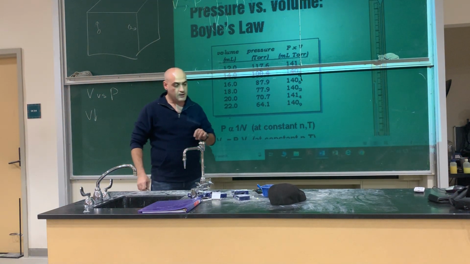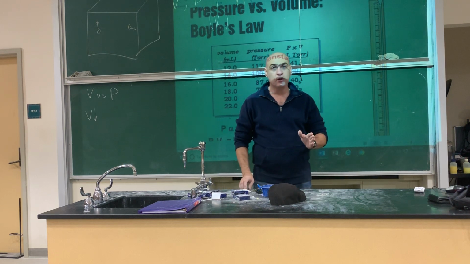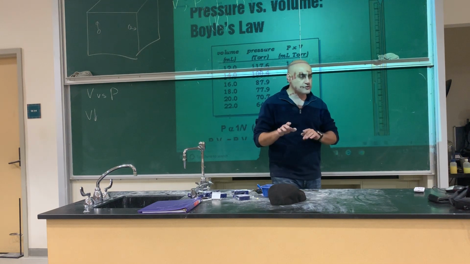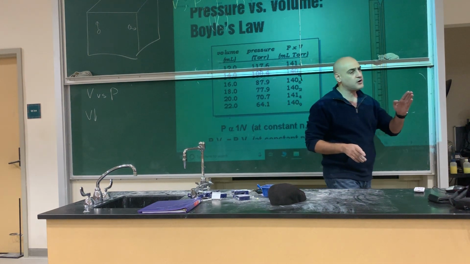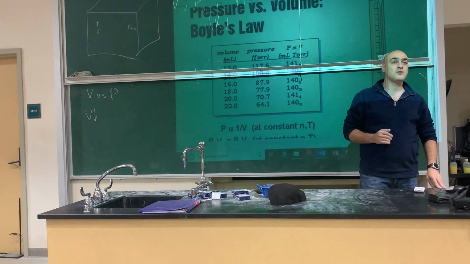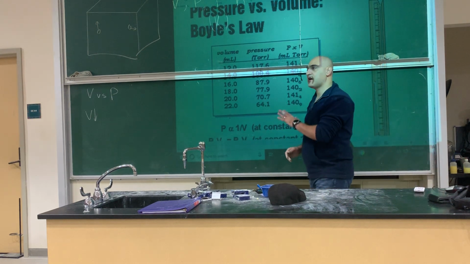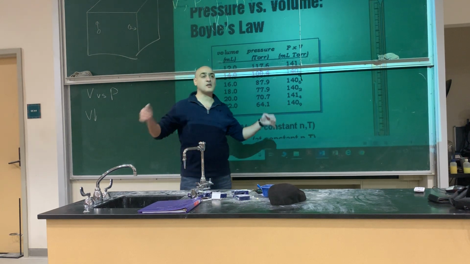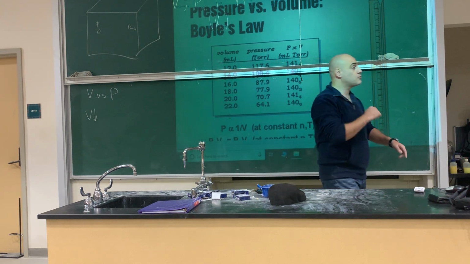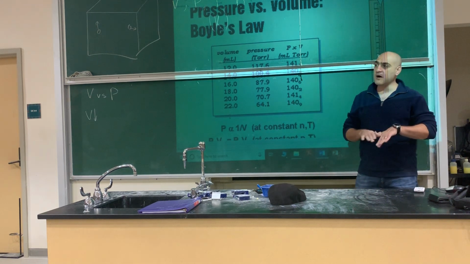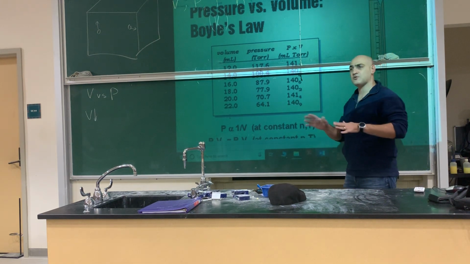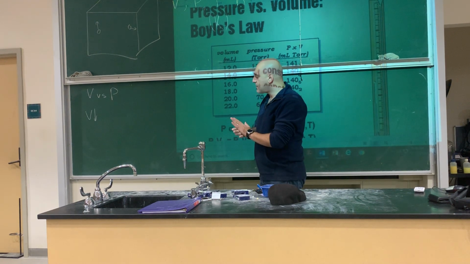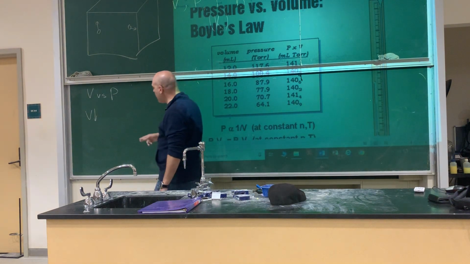And by the way, when we study volume versus pressure, we're not varying moles and temperature. So for Boyle's law, I'm only choosing to study what happens to the pressure if I increase or decrease the volume, given that the moles and the temperature are constant. So if we are the gas particles, none of us are going to go in and out of the room. And I'm not increasing or decreasing the temperature, so our average kinetic energy is the same. What I care about is for you to realize this: as the volume goes down,